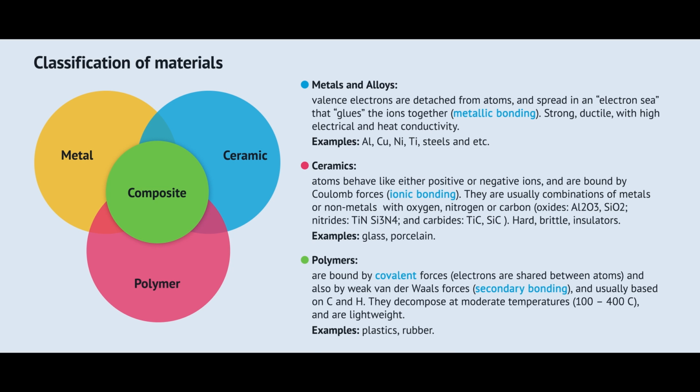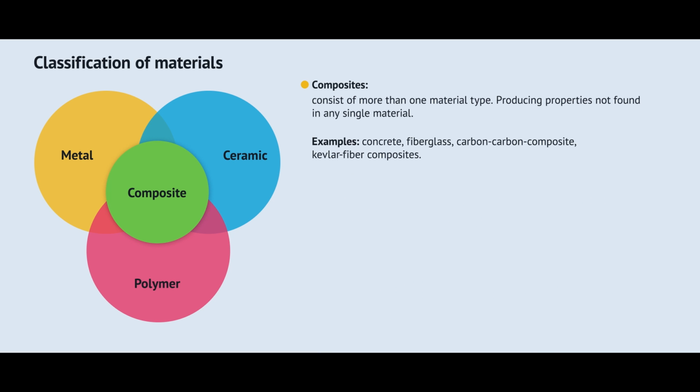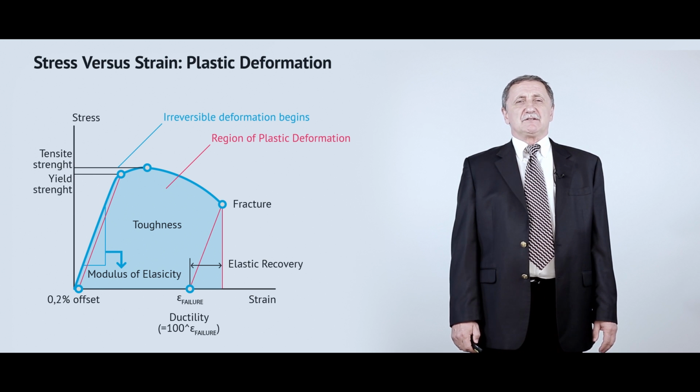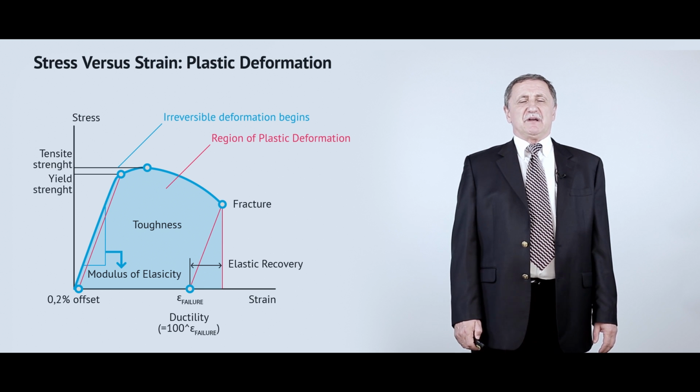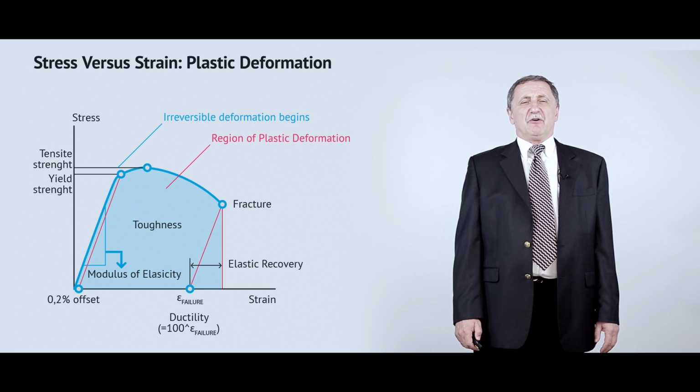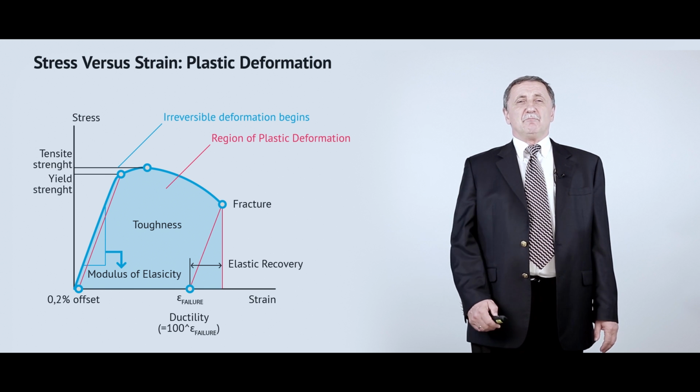And the next lecture will be devoted to the explanation of how atomic structure actually provides these different types of properties which we talked about. In the next lecture, we will discuss in detail how, for example, atomic structure influences material properties. So while we are talking about structures, it's not bad to discuss this issue a little bit on examples and discuss the relation of structure to the material